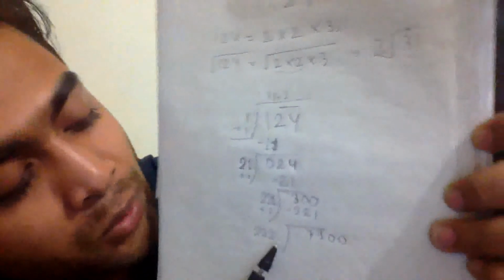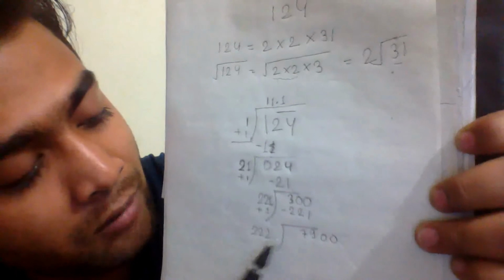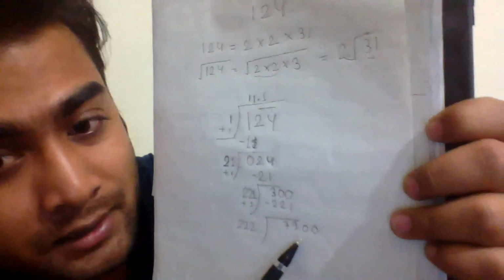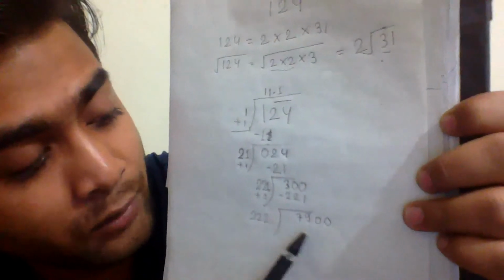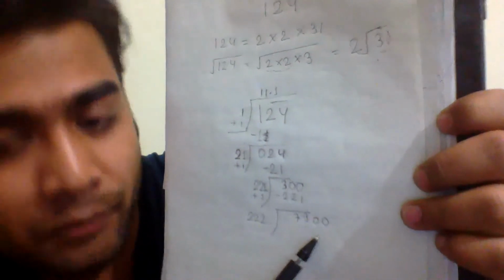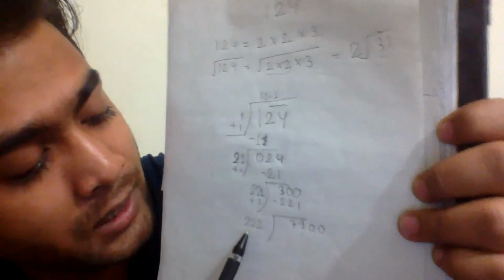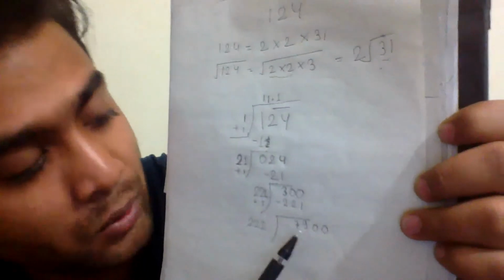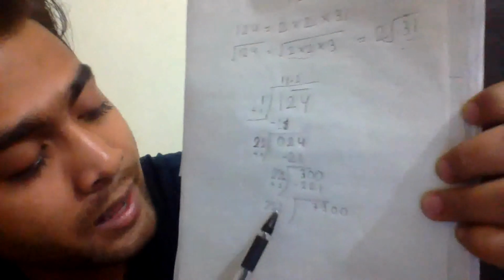Now I have to write a number. Suppose I am starting from 1, the whole term will be multiplied by 1. I'll write 2, 2, 2, 1, which is very small. I can go for another number. Suppose I write 2 over here, then I'll get 4, 4, 4, 4, which is again smaller. So I can try for 3. 3 will be equal to 6, 6, 6, 9. So I can write that number over here, but I can try for 4 also.